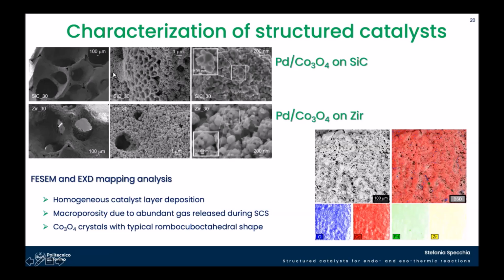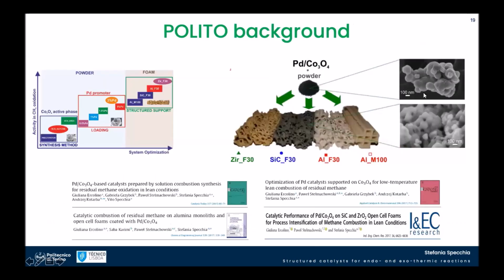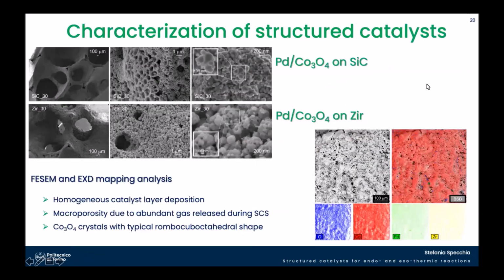This is carborundum, this is zirconia. Those are SEM pictures. You can see very well the structure of the foams naked, so without the catalyst. But here with the catalyst, you can recognize the very similar structures that you have here,